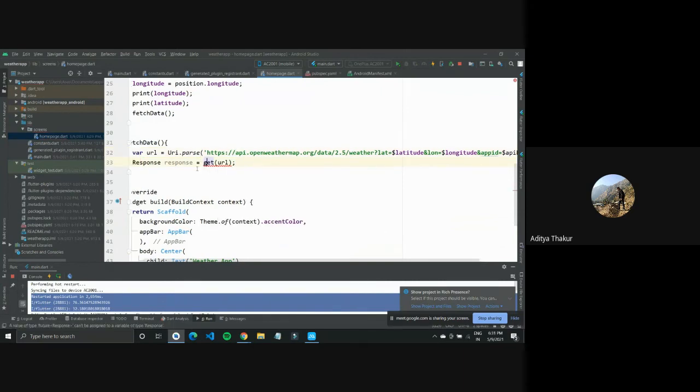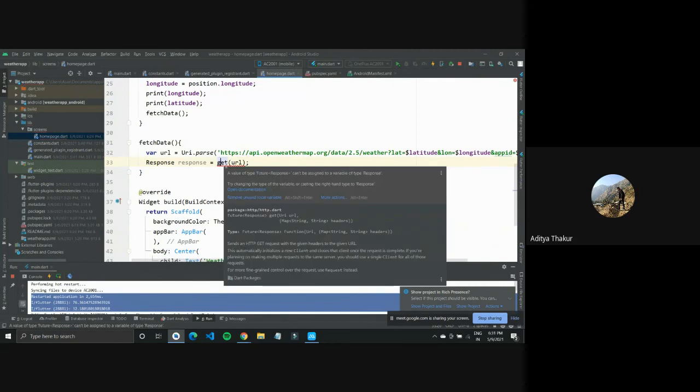Okay, so we are getting this error. Why? Because whatever we'll try to fetch would be a future response. So what is this future? We talked about asynchronous programming as in await and async. Those are very detailed concepts. But for now, for you to understand, future is something that would take time, as in this data or this response would come to us after a particular time, as in it will take some time to get that data.